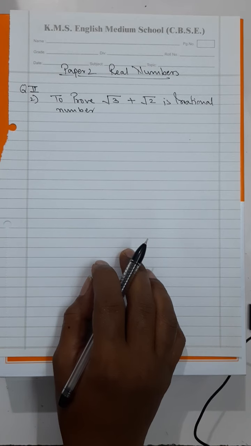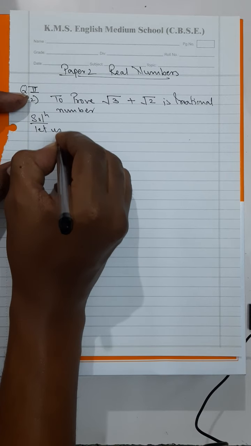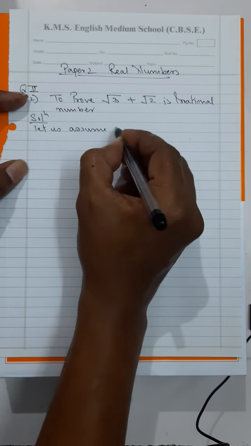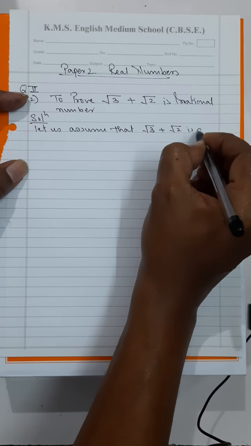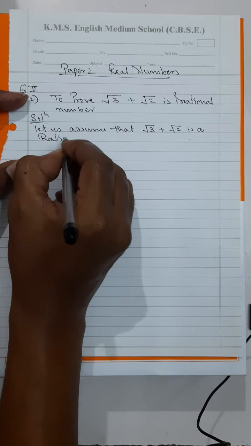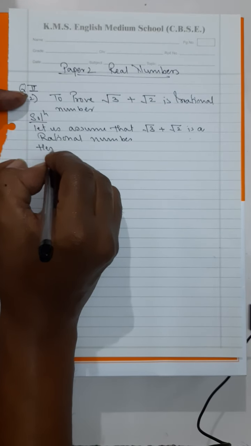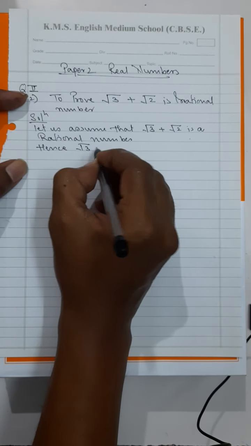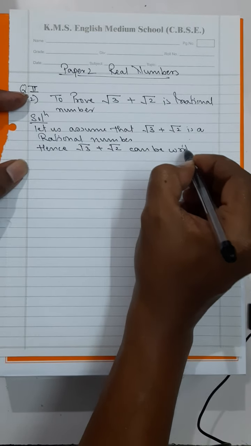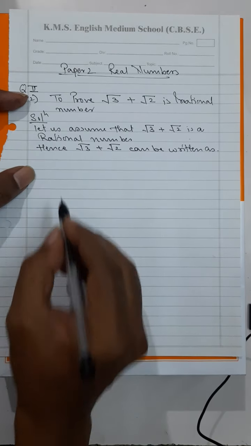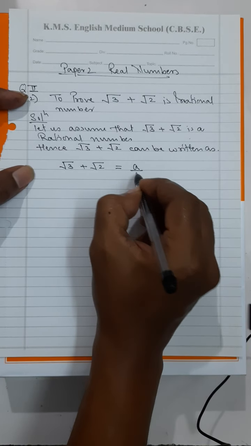So definitely, my dear students, we will be doing the same thing. Let us solve. Let us assume that root 3 plus root 2 is a rational number. Hence, root 3 plus root 2 can be written in the form, root 3 plus root 2 is equal to a upon b,